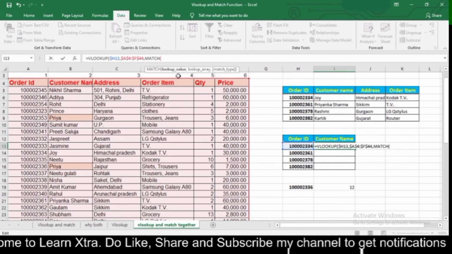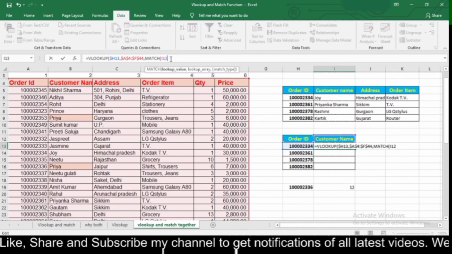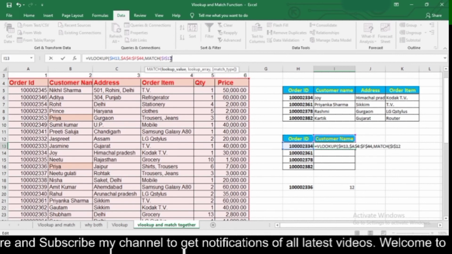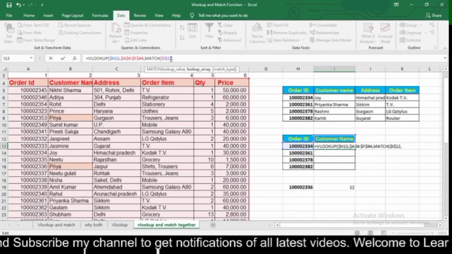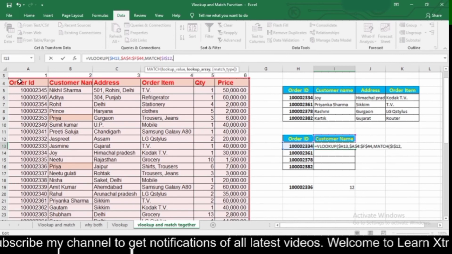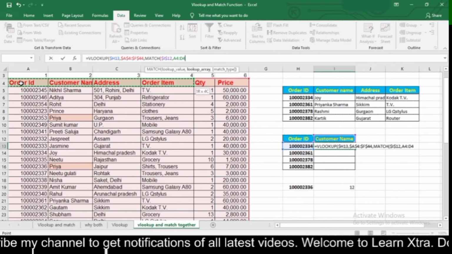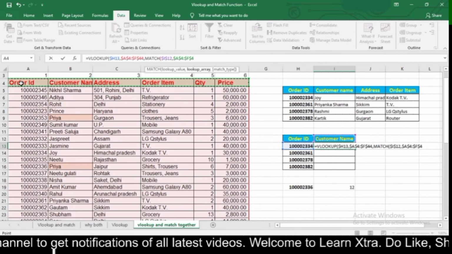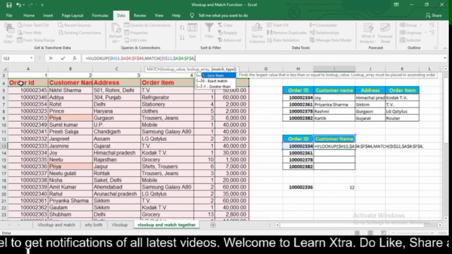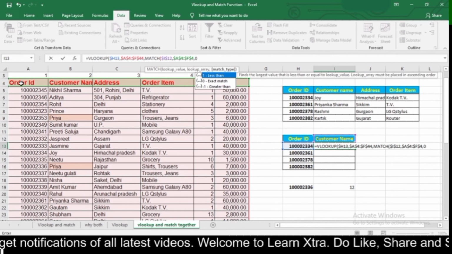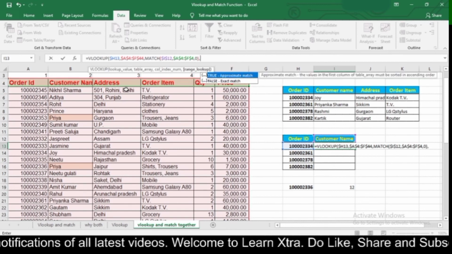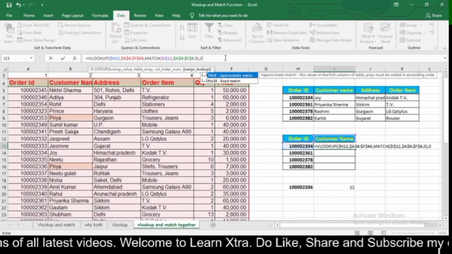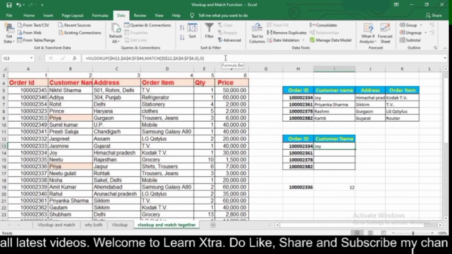My lookup value is my customer's name, and then freeze it. Now next is my lookup array. So my lookup array is A4 to F4. Then freeze it with the help of the F4 key, and then I will type 0 for exact match, and then close the bracket, then comma. So here I will type 0 for my VLOOKUP formula because I need exact match, and then press enter. So here I got my answer as Joy.